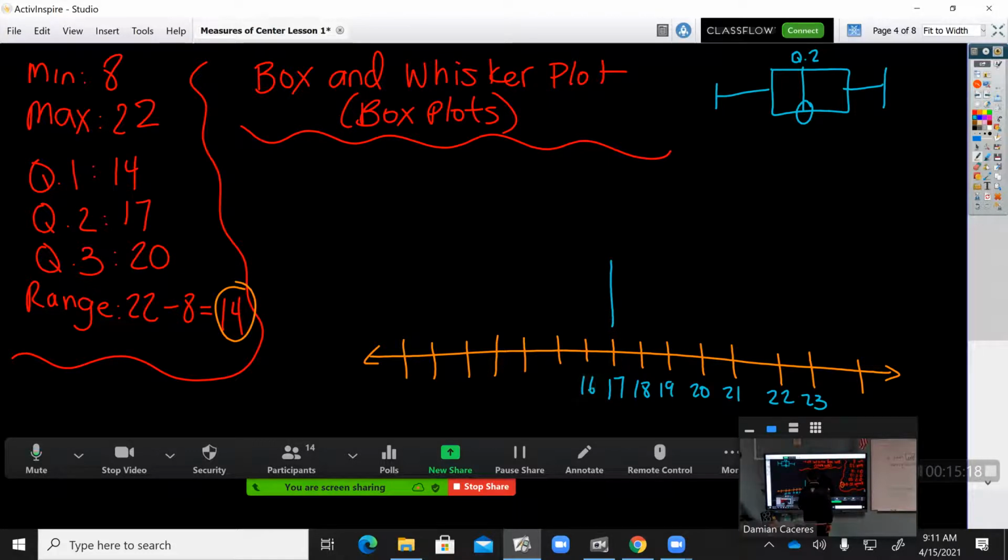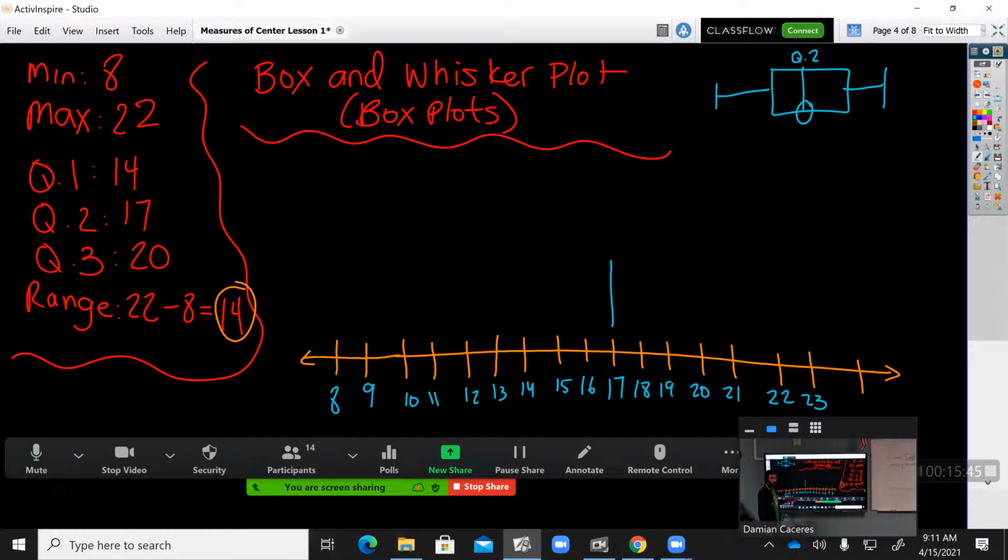Let's go this way. 16, 15, 14, 13, 12, 11, 10, 9, and 8. So this is for sure going to include all of our data because it's within our biggest